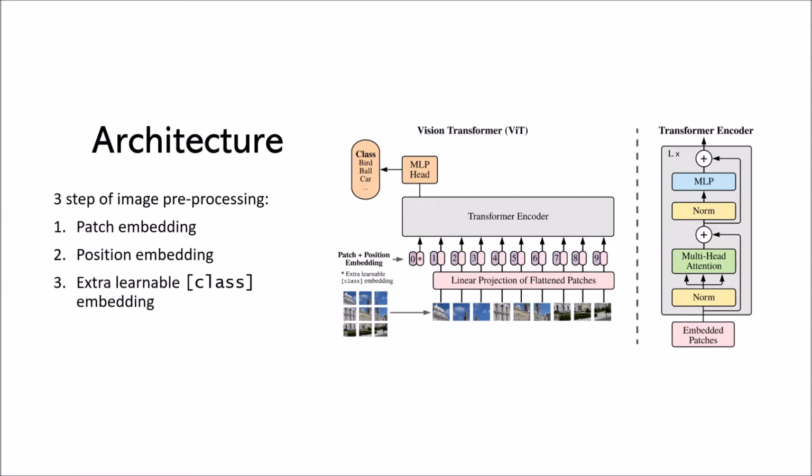So as you can see, the most sophisticated part is from here, because as I said, transformer is basically a sequence-to-sequence model usually used for a word sequence. Now how can we change one single image into a sequence that we can input to the transformer? So there are 3 steps here. First is patch embedding, second is position embedding, and third, the most important, is the extra class token embedding. I will explain all of it in the next slides.